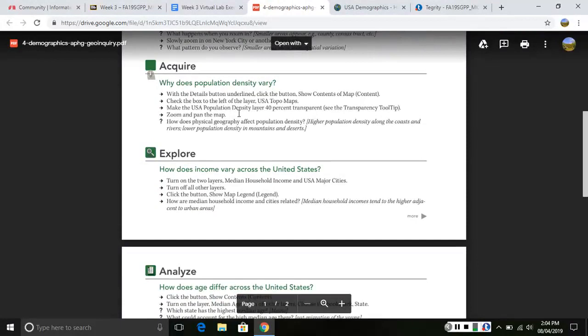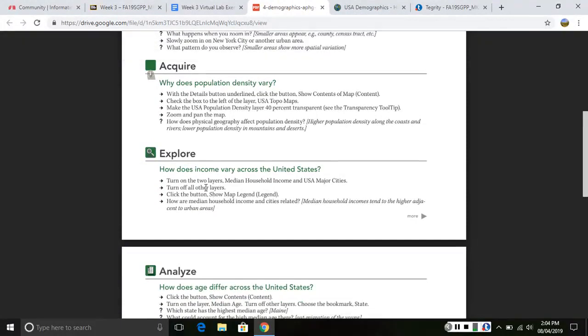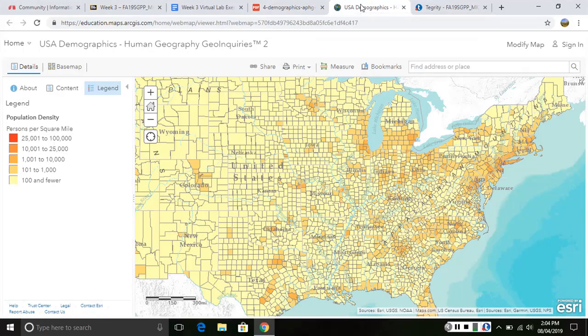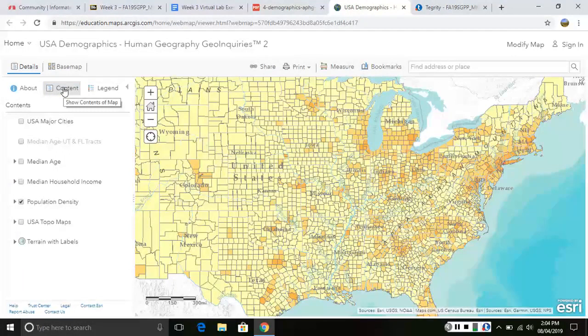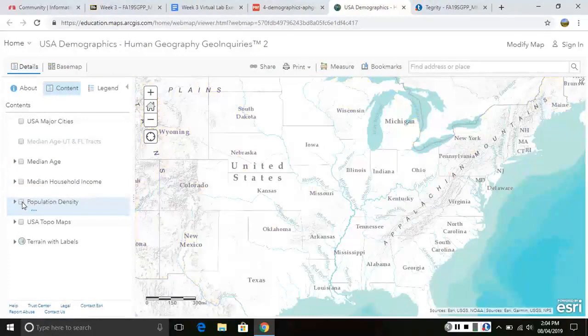So we looked at some of the population density, and let's go ahead and now look at the income. I'm going to come back over here to the content. So we're under the legend. Let's make sure that we click our content. Now we're going to take a look here. I'm just going to make sure I have my guidelines set up here. But we wanted to click on